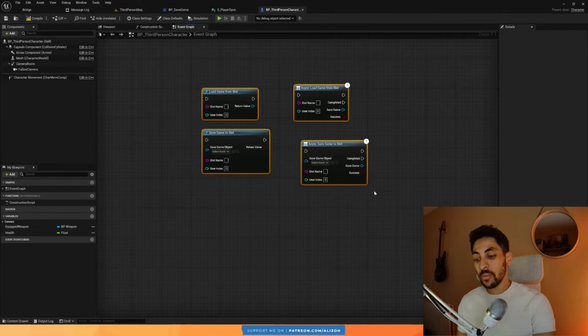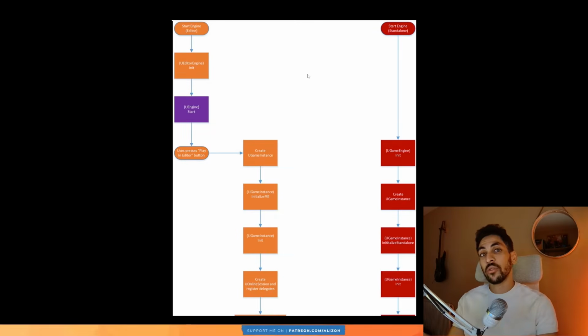We're not going to be calling those here. To understand the best place to store this or use this information, it's good to understand what happens when you start the engine. So very quickly, this is taken from the documentation of Unreal Engine, and this shows you the flow of execution. You don't really need to understand anything here other than the fact that